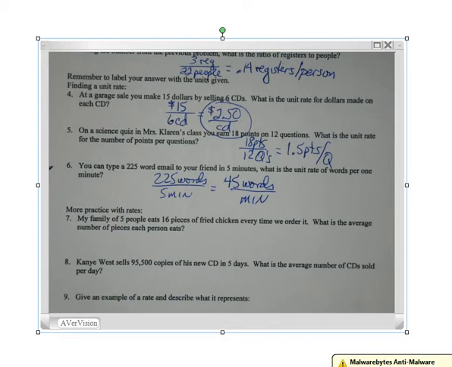Okay. Rates as we keep going. Now, here's one thing that we've got to keep going. It will not always be the first number divided by the second one. Sometimes, for instance, here, if I have 5 people and 16 pieces of chicken, if I did 5 divided by 16, I'd get some little tiny decimal number, and we know people are going to get more than one piece of chicken. So, what we're going to do instead